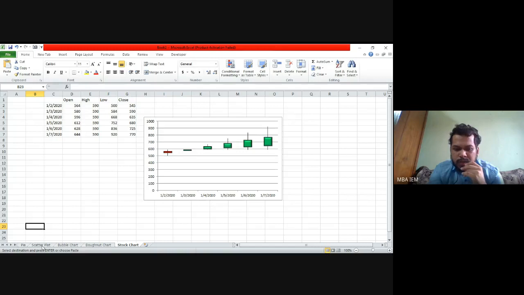These five categories of visuals are the only ones that you will be using. In some cases, I have straightforwardly mentioned which chart you need to use. In some cases I haven't mentioned it. You need to figure out whether you want to go for a pie chart or a scatter plot, only the charts that we discussed today. Based on the dataset and the question you need to select, and you need to provide the interpretation as well. Okay. So I think everyone is clear how interpretations are done, right?